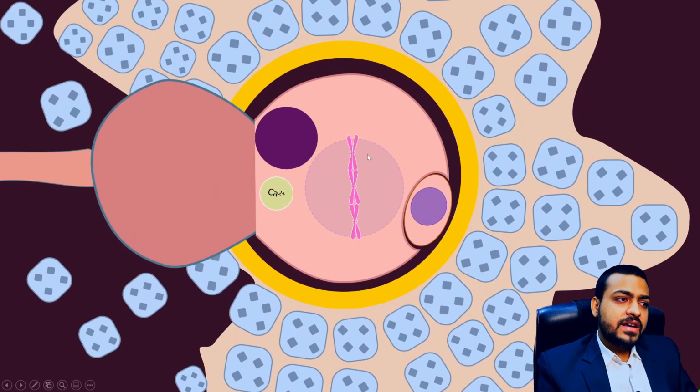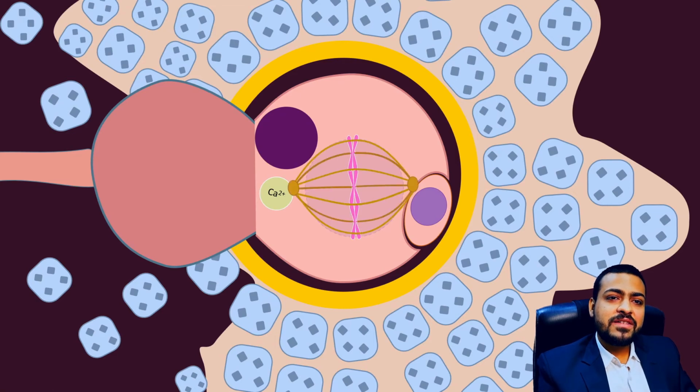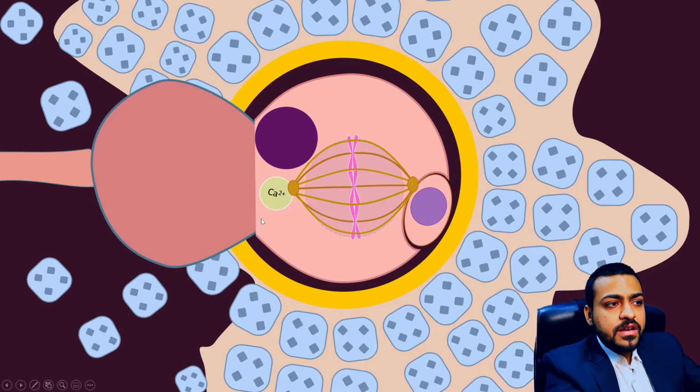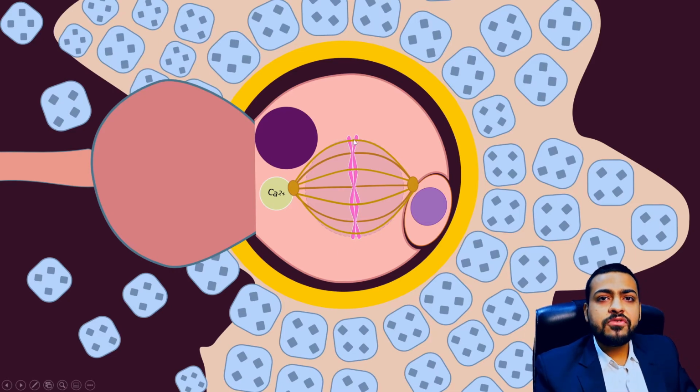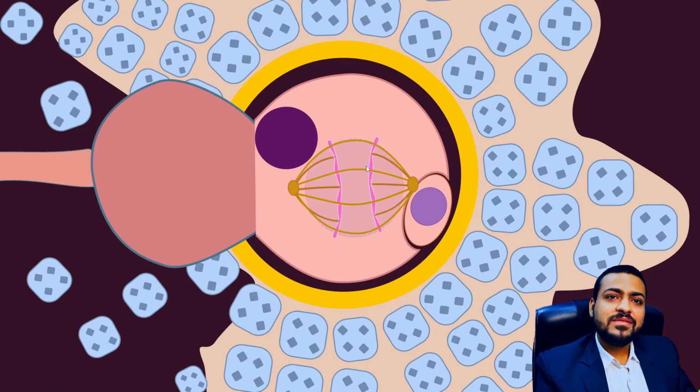And do you remember that this secondary oocyte has not yet completed meiosis 2? It is stuck in metaphase of meiosis 2. Now as soon as the sperm binds, there is the magic touch, there is fusion of the sperm's membrane. As soon as that happens, this calcium first removes the sperm receptors, and secondly it causes the activation of this secondary oocyte, so that it quickly completes its meiosis 2